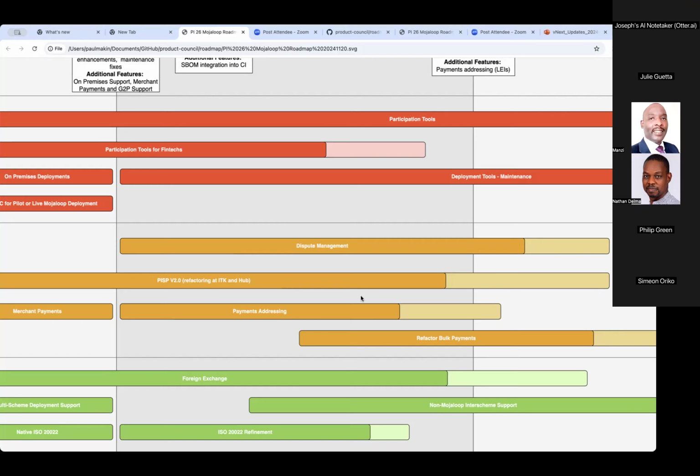So that I expect to result in some form of POC, probably within this PI. We had a long discussion before the convening about bulk payments and the need to refactor our current solution. It works perfectly well as is, but it's not very democratic in that it tends to favor large DFSPs as the instigators of any form of bulk payments.